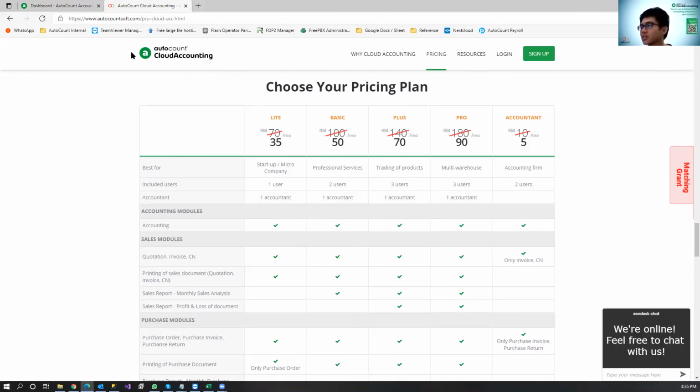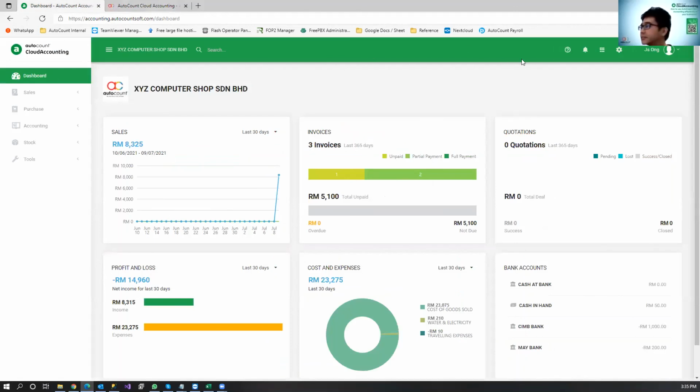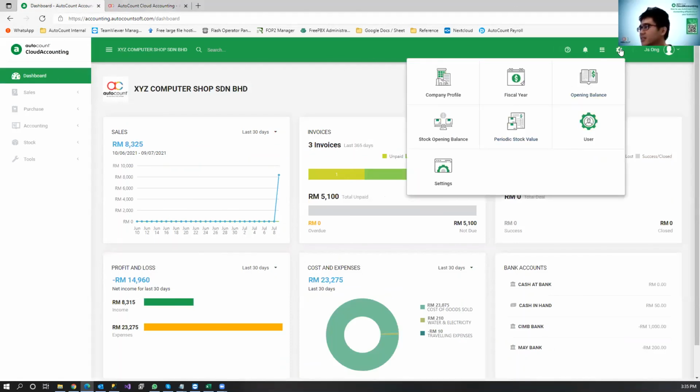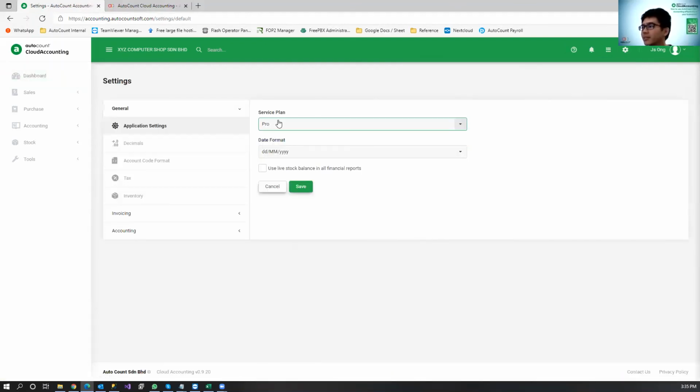And of course, one more thing that I left out just now: let's say today, if you intend to choose and you want to know what is there in the basic plan, for example, you can actually go to our cloud accounting, under the settings, under this account book setting. There is a plan over here, so you can choose your plan. When you choose basic, all the features available in basic will be shown to you, and those that are not in basic will be hidden. So you can also play with this service plan here. You choose your plan, then you see what is there. Is it enough for you?